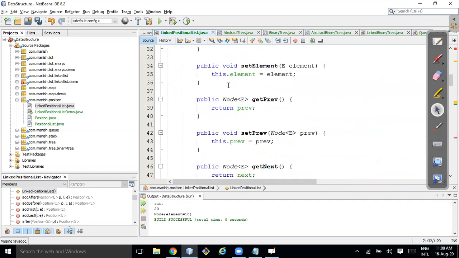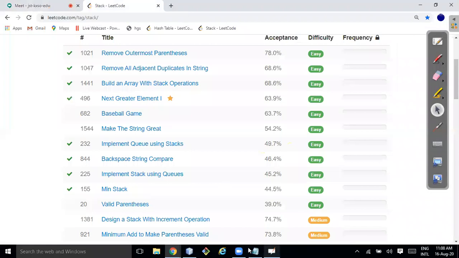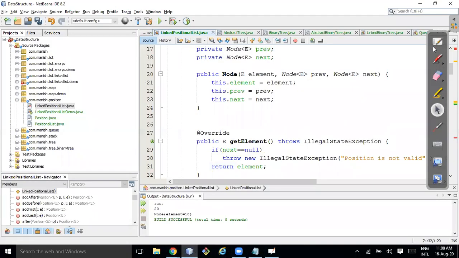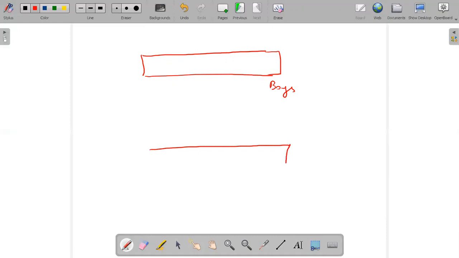So this is one queue of boys. This is one queue of girls. How can you create a boy object? There must be one boy class.